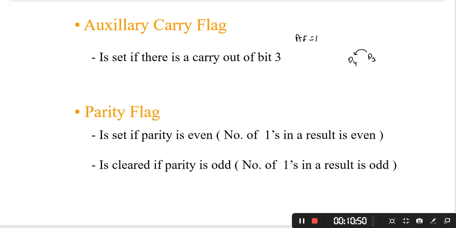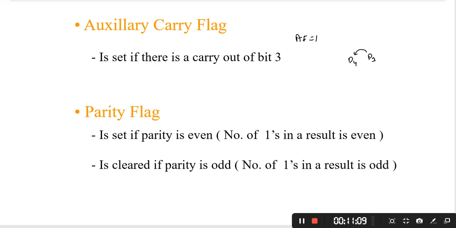Then the auxiliary flag will be set. This flag is not available for the user, and it will be used when you do decimal addition.